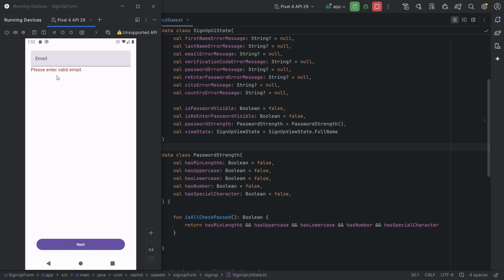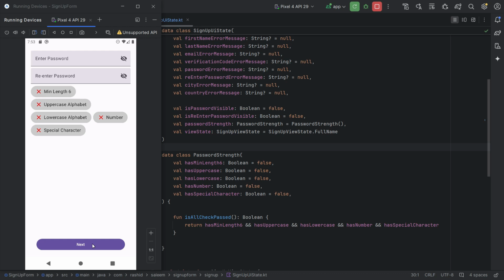Tapping on next, it's validating the email and showing error below this. If I type the email address as test@gmail and tap on next again we are seeing the error message. Now after entering .com, our email is valid. After tapping on this one, we see the verification code text field, and here if we add verification code 123, tap on next, we are seeing this error, and for testing purposes we set the test verification code to 1234. So if we tap 1 2 3 and 4 here, tap on next, then we see the next component,